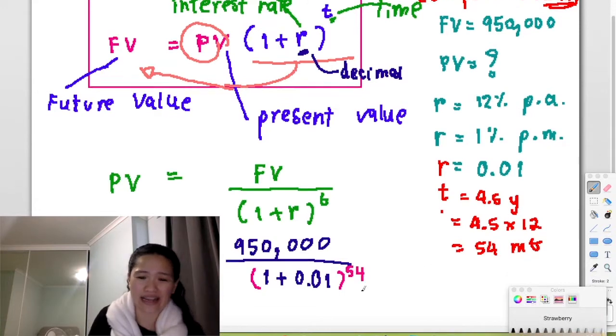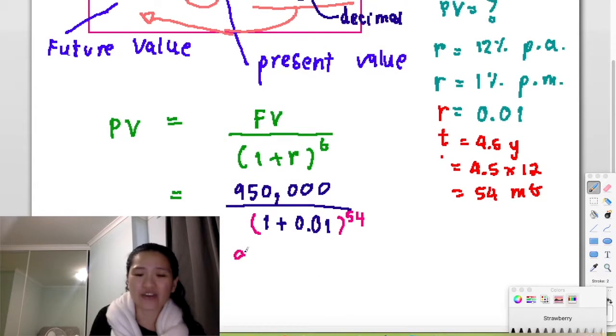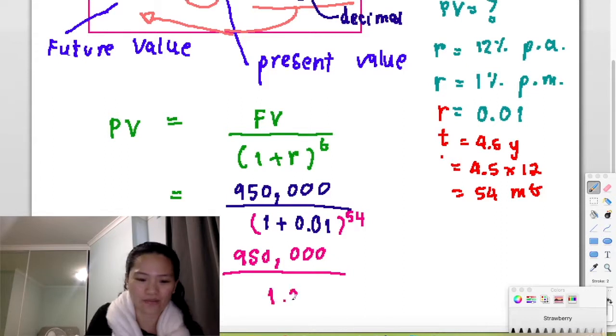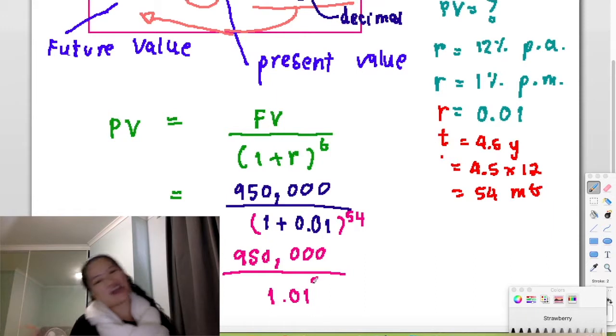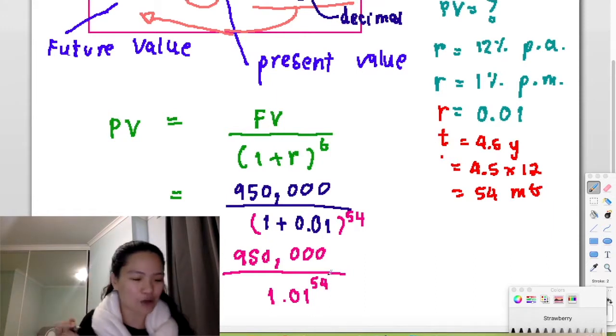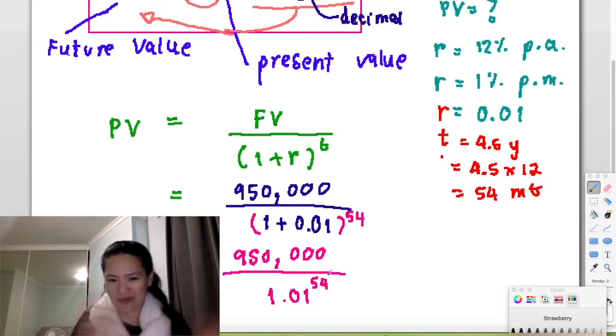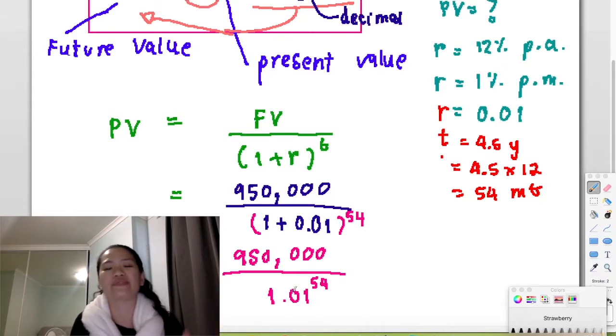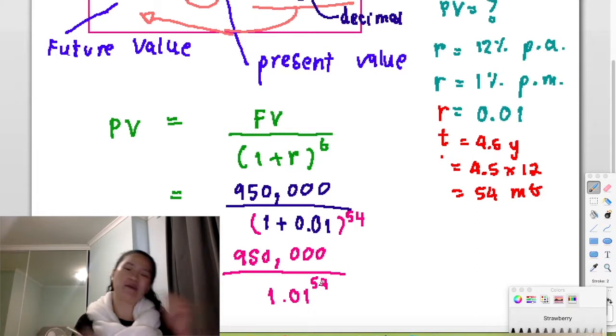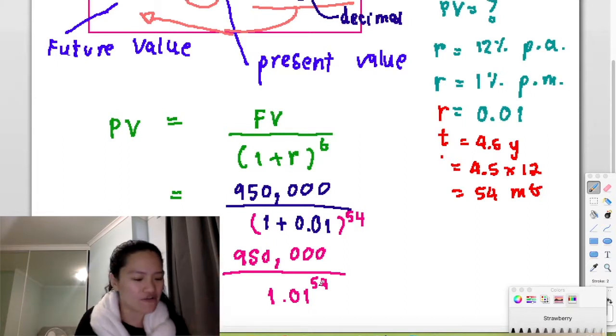What you do is very easy. You just use your calculator. 1.01 to the power 54. When I calculate with the calculator, just type this number and divide it by 1.01 to the power 54. I'm going to teach you how to use a scientific calculator properly next time. But now I just use it and I know the value is,